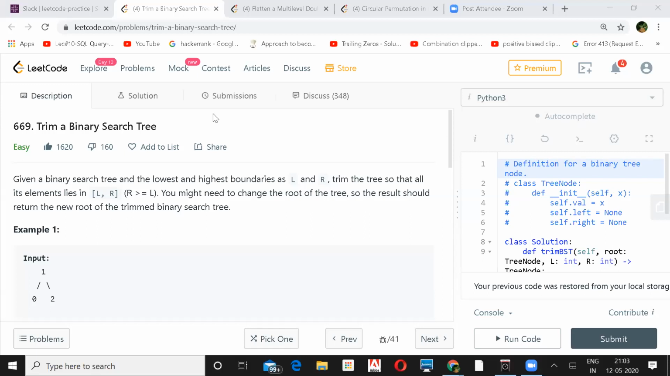So we have to trim a BST. We are given a BST and the lowest and the highest boundaries as left and right, L and R. We need to trim the tree so that all its elements lie in the interval of L and R inclusive. You might need to change the root of the tree, so the result should return the new root of the